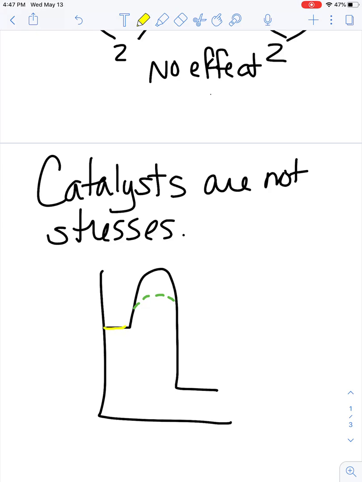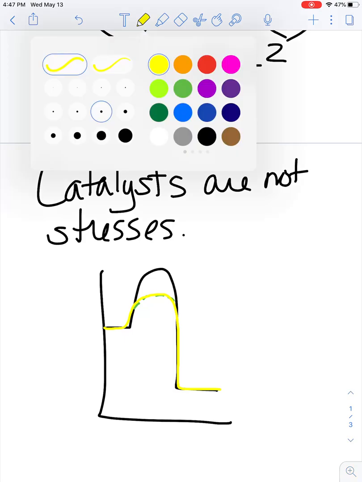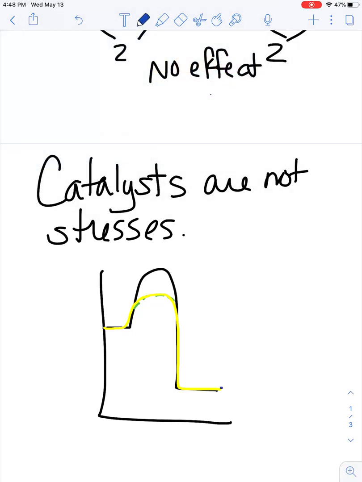And then I look at the forward reaction. The forward reaction is going to take that shortcut, right? So it's going to go faster. And then I take a look at the reverse reaction, and the reverse reaction is also going to take that shortcut and go faster. So they're both going to go faster if you add a catalyst, but a catalyst is not considered a stress. And we are done with